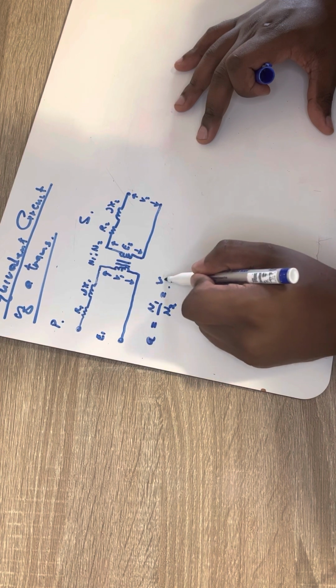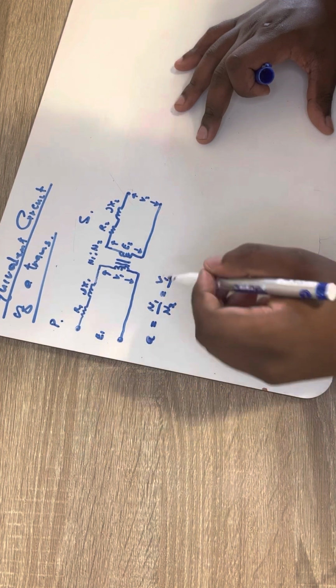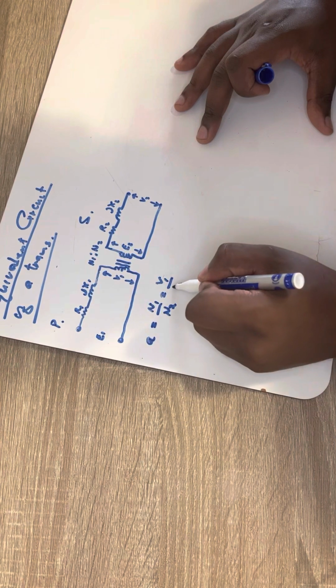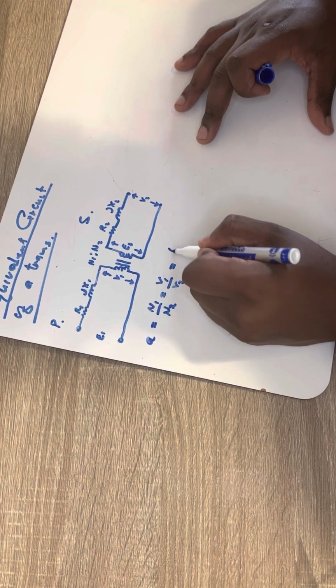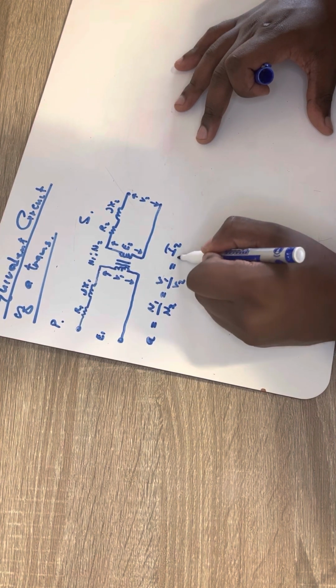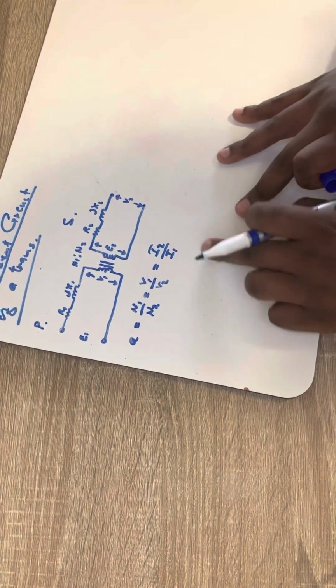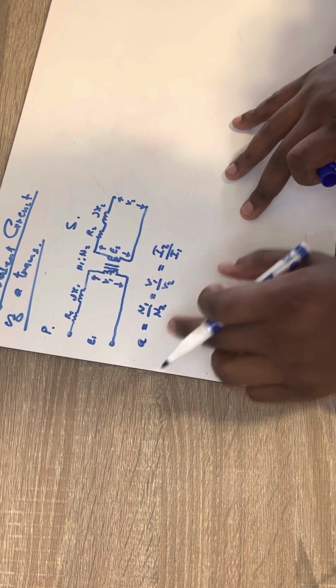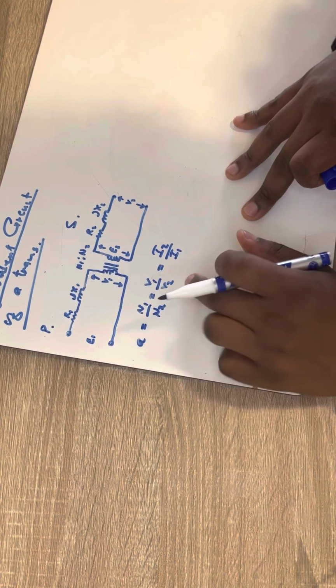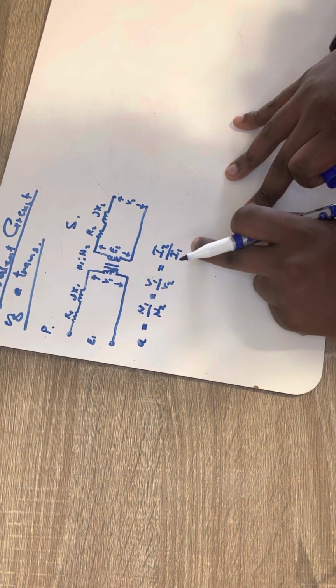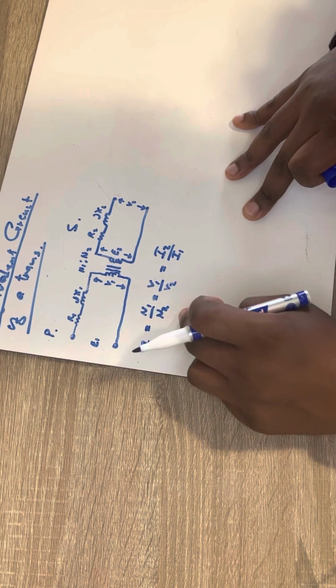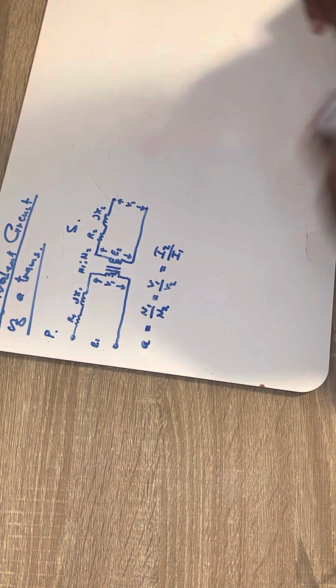The ratio is also represented by primary voltage and secondary voltage, and secondary current over primary current. So this is the voltage ratio and this is the current ratio, but they are all equal